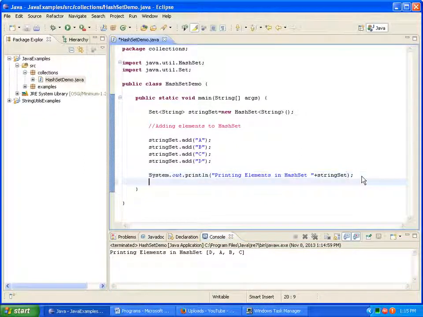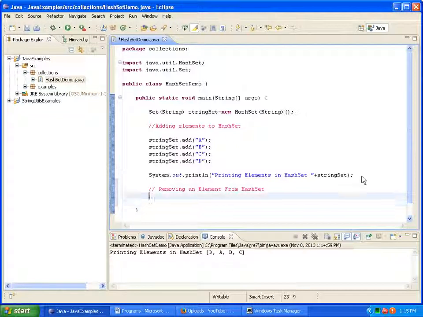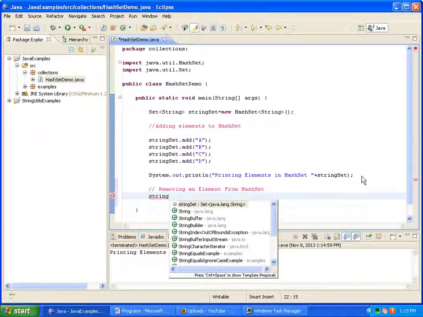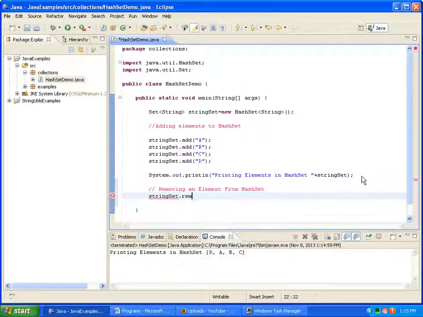Now what I am doing is I am removing an element from the hash set. Removing an element from hash set: stringSet.remove.